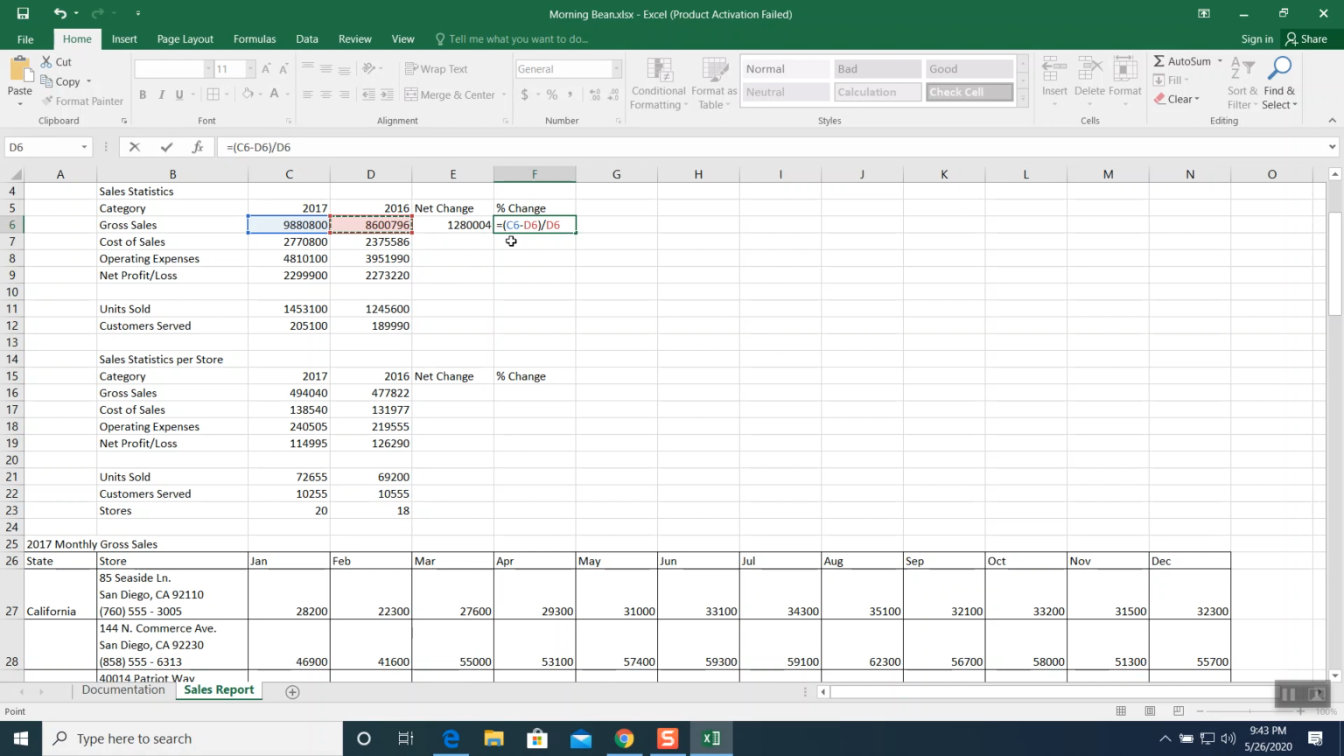So be careful. You can use this divide by D6 as well, but then that will not give you the change for 2017, because 2017 has a different number, right? So that's why we are using this formula. Press enter. That will give you